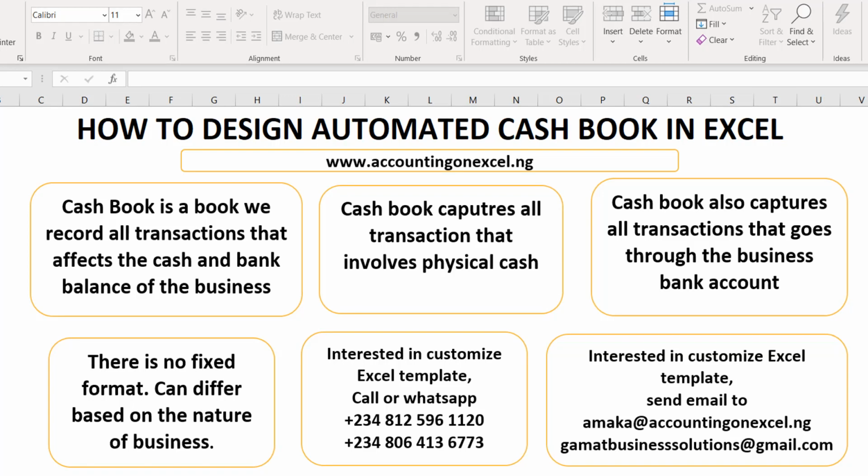Welcome. In this training, I'll be showing you how to design an automated cash book in Excel. A cash book is a book where you record all transactions that is cash related. Or better put, a cash book is a book where you record all transactions that affects your cash balance and